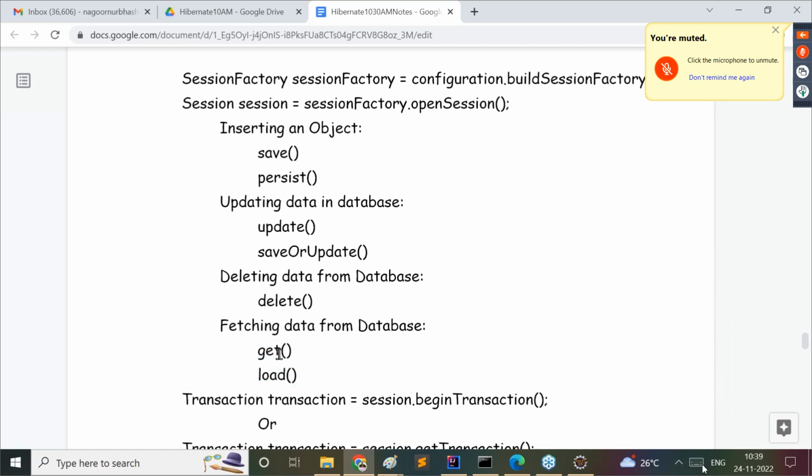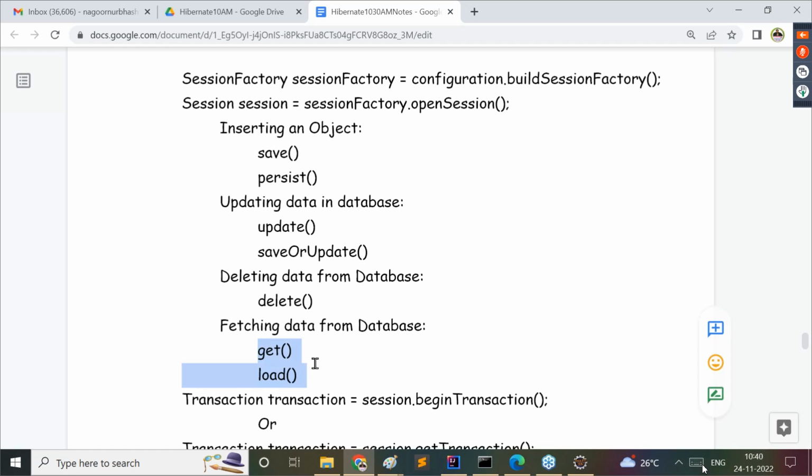Right, guys. Now, the get method and the load method. These are the two methods available here. Both the methods are used to get data from the database table. Now let's see their functionality clearly. How we are going to use these get and load methods, we are going to understand clearly. Right, guys. Now let me open